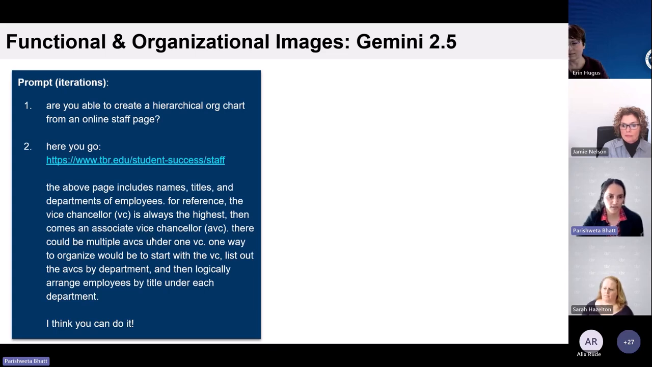And I basically told it the same thing, except I gave it a little bit of context. So I told it some rules. And I said, for reference, the VC is always the highest, then comes the ABC, could be multiple ABCs. And then I kind of suggested one way to organize would be like this, right? So I tried to help it out. And I did the encouraging part. I said, I think you can do it, Google, let's go. And so it came back with,